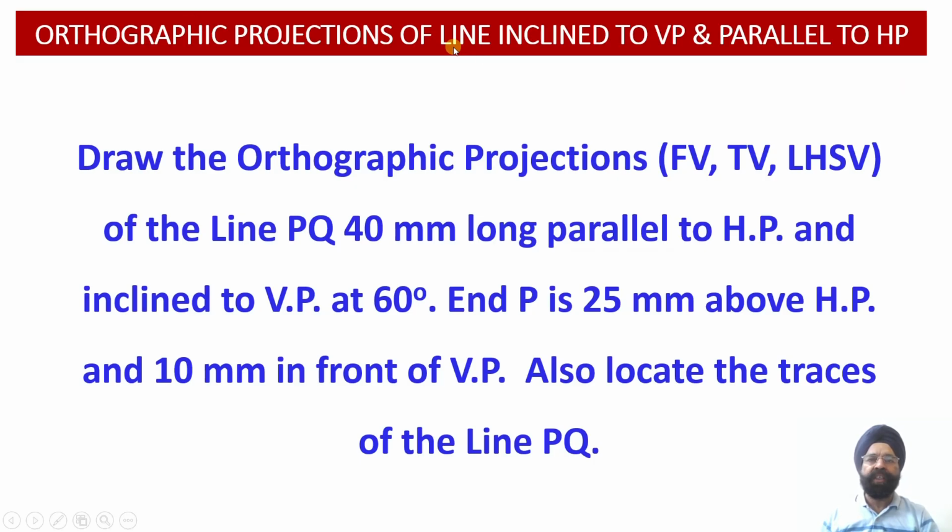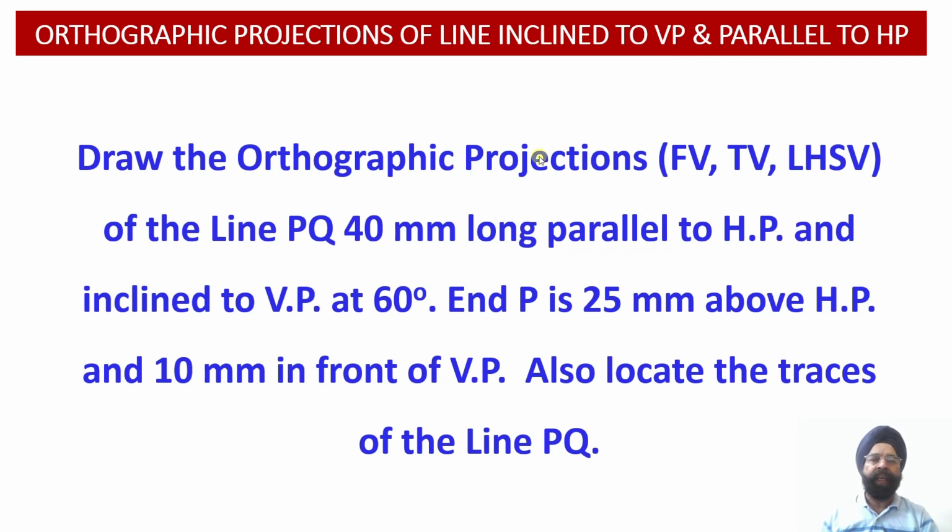Similarly, because of the inclination of this line with respect to the vertical plane, its projection onto the vertical plane, that is the front view projection, will appear as a foreshortened or apparent length projection